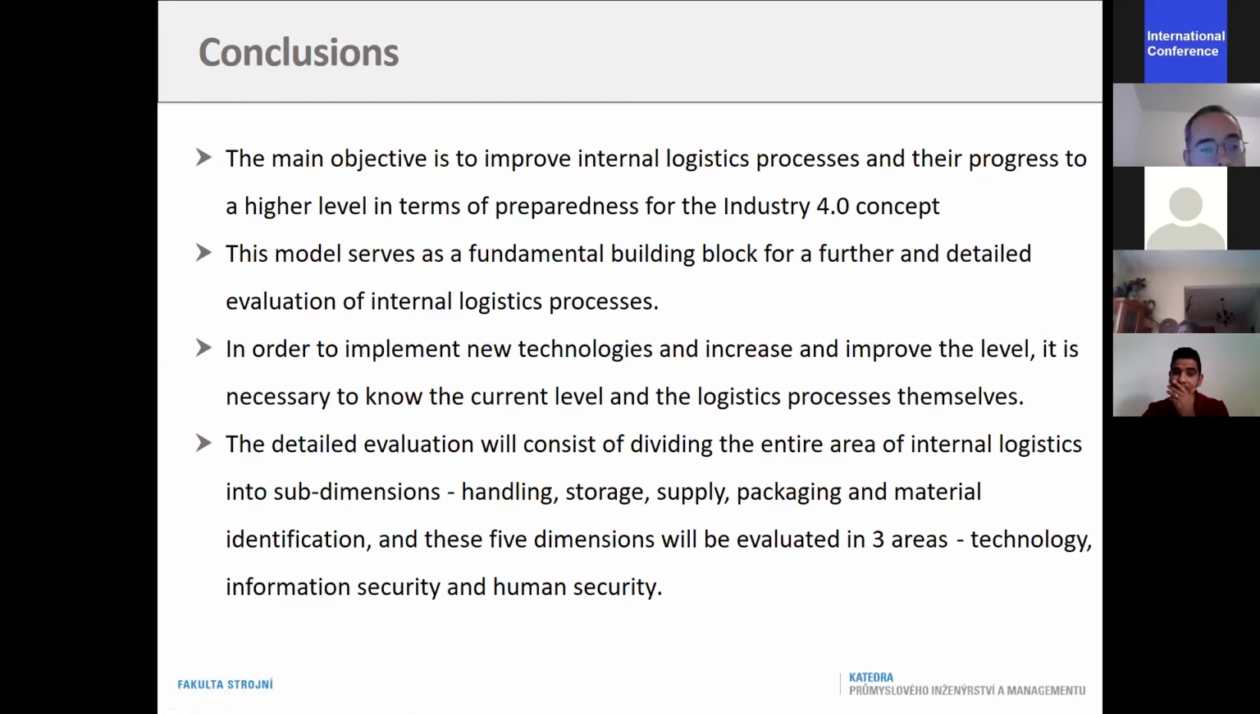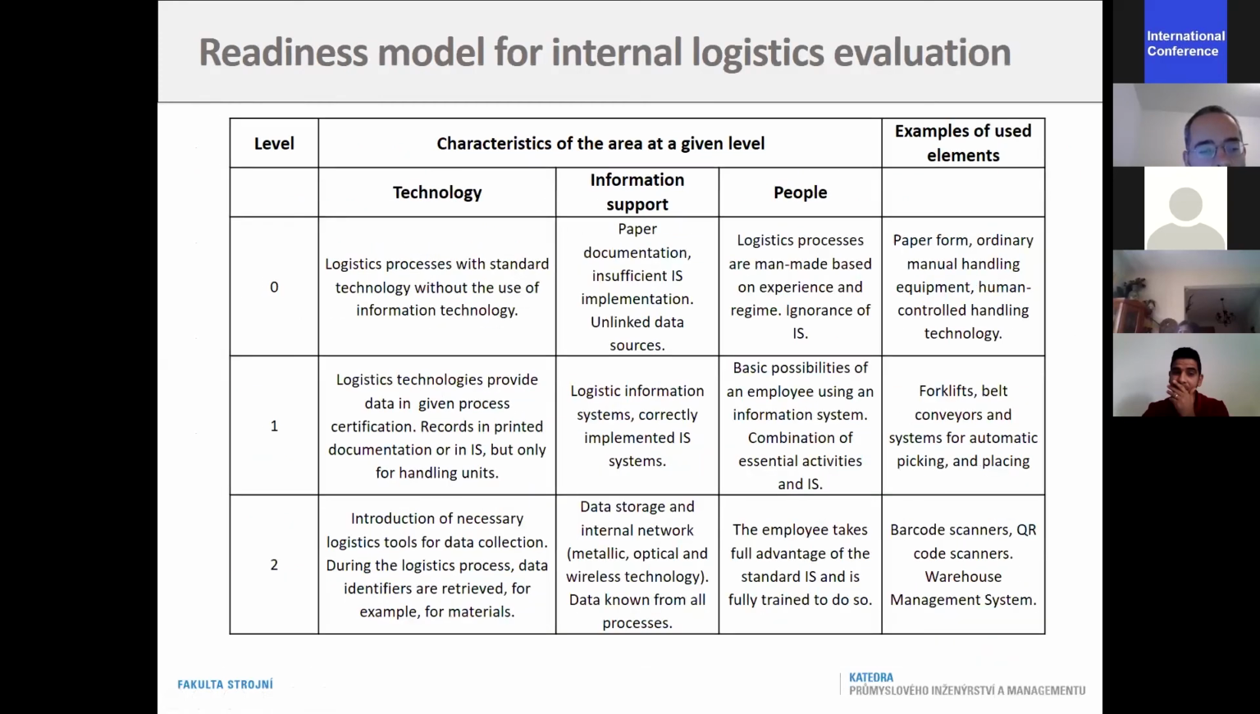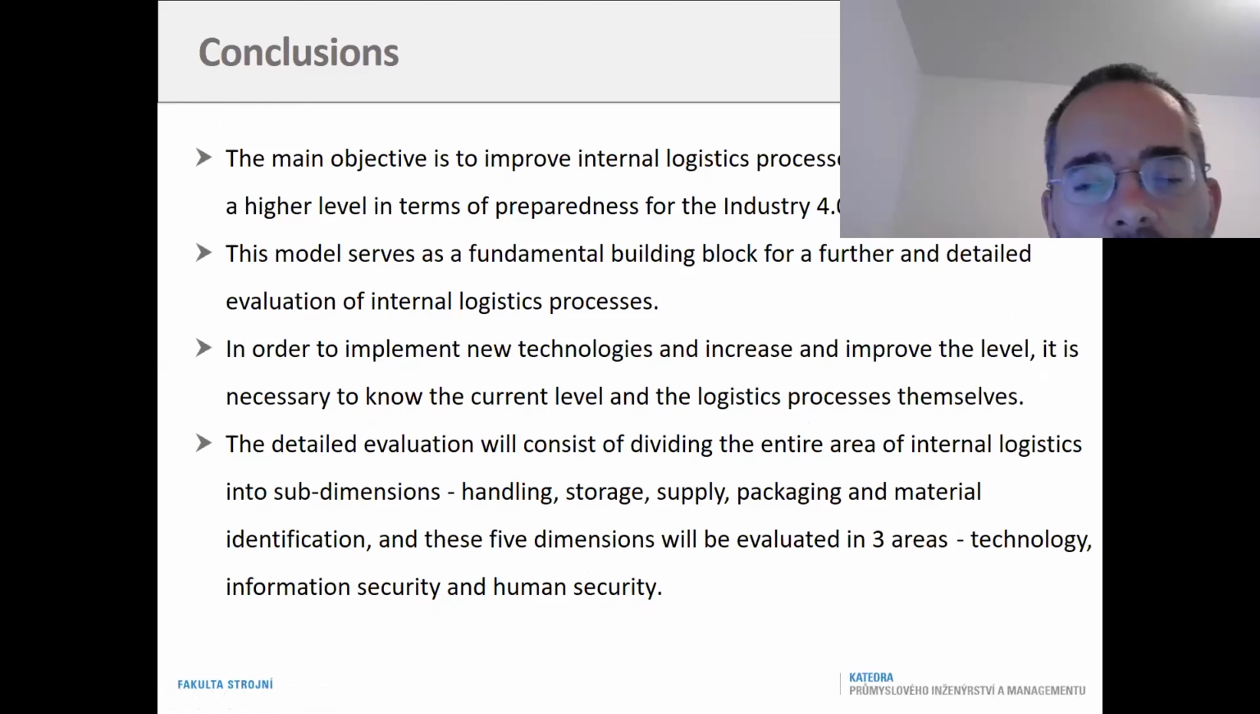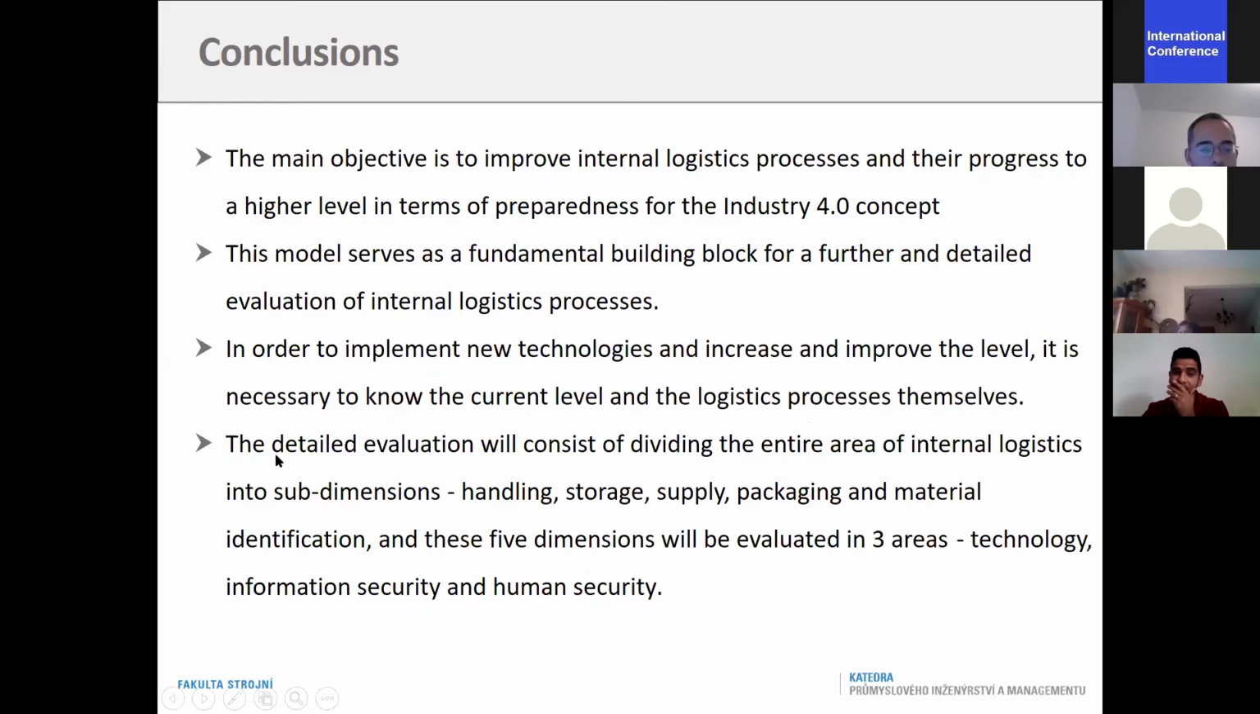In order to implement these technologies, the companies should know at which of these 6 levels they actually are and what they want to improve. Of course, you see that the detailed evaluation will consist of dividing the entire area of logistics into subdimensions. That's why we were talking about